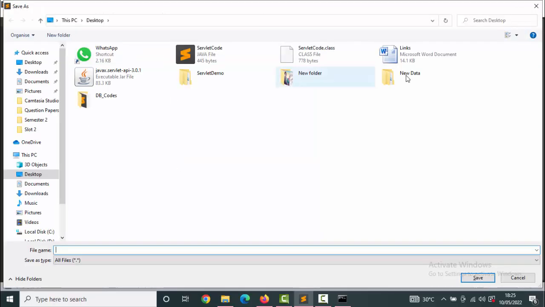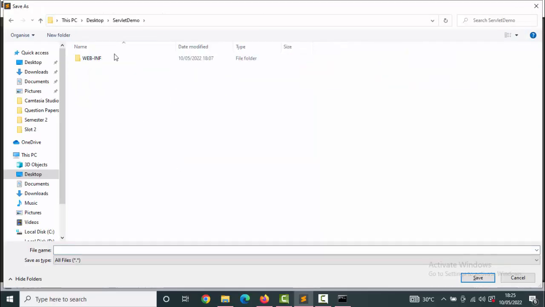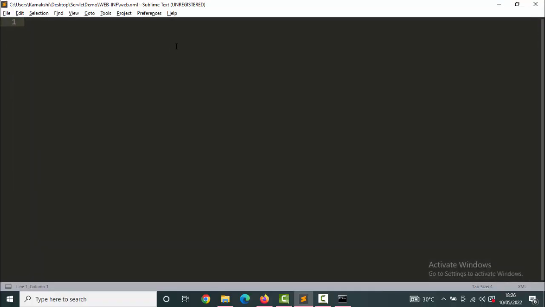Now after doing this, I have to create the next file named web.xml. You have to put this web.xml file in the WEB-INF folder itself. No need to go inside the classes folder. So you can see that it got created. And now here I'll create a simple